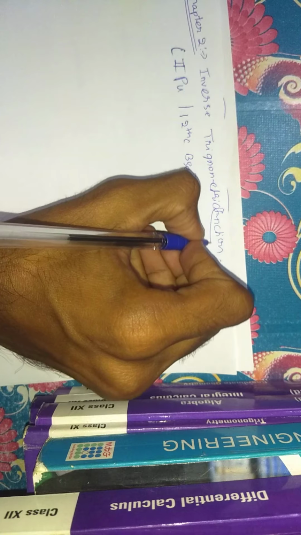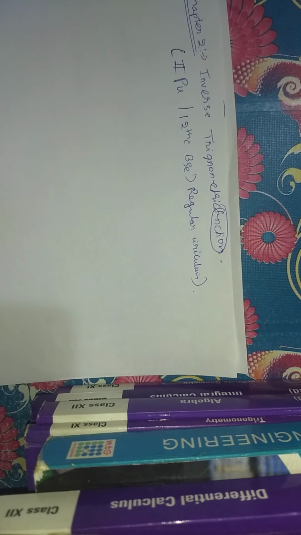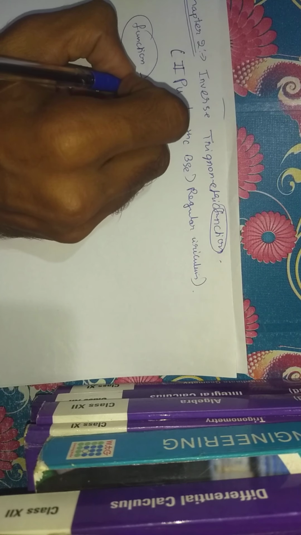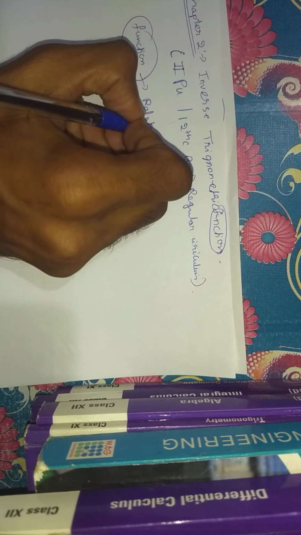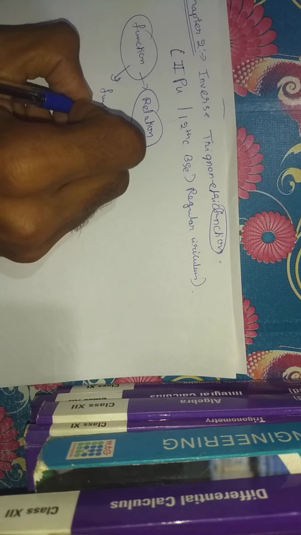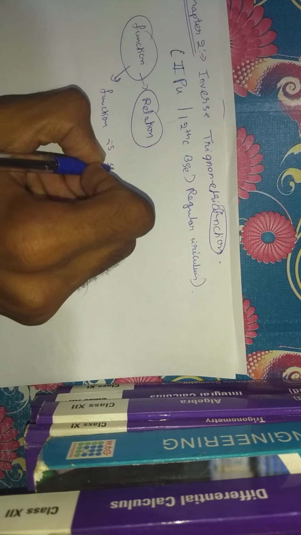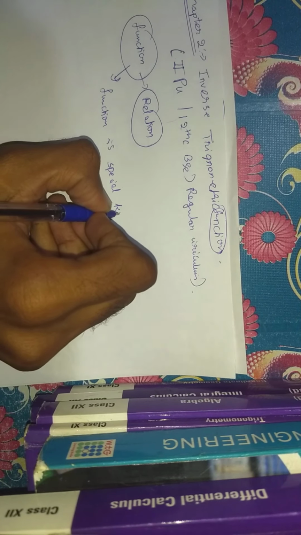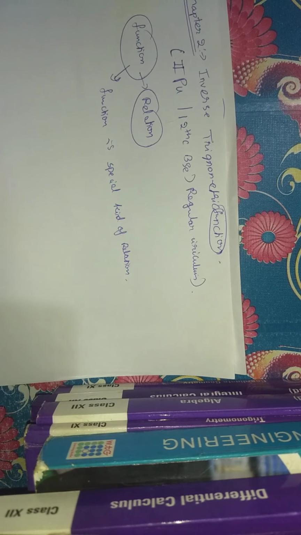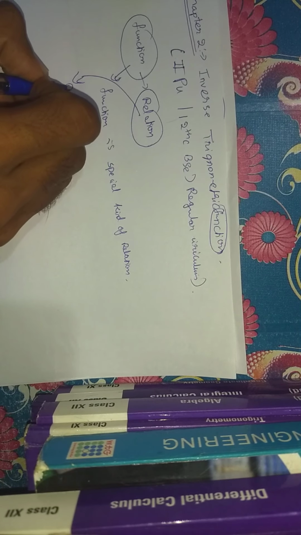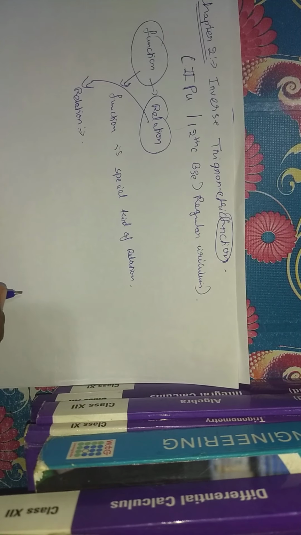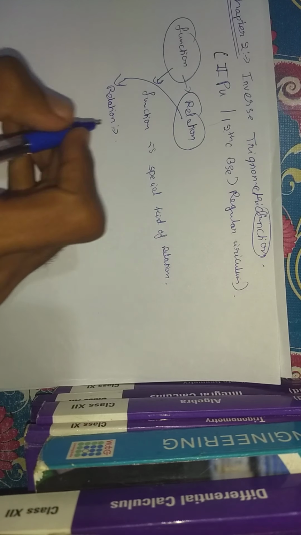Here there are three words: inverse trigonometric function. We will start with the word function. Before going to function, function is a special kind of relation. So we will start with relation. Now what I said is function is a special kind of relation. The reason behind this, before going to reason, I will tell what is the meaning of the word relation. Relation, it is an English word. It has been borrowed in maths from English only.